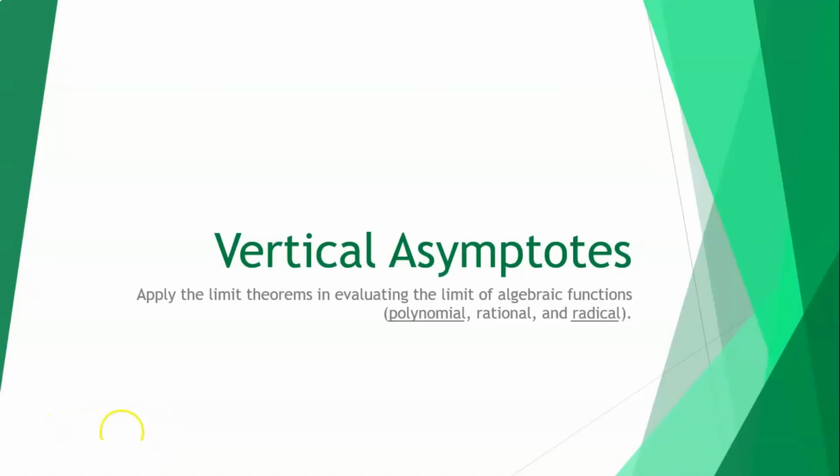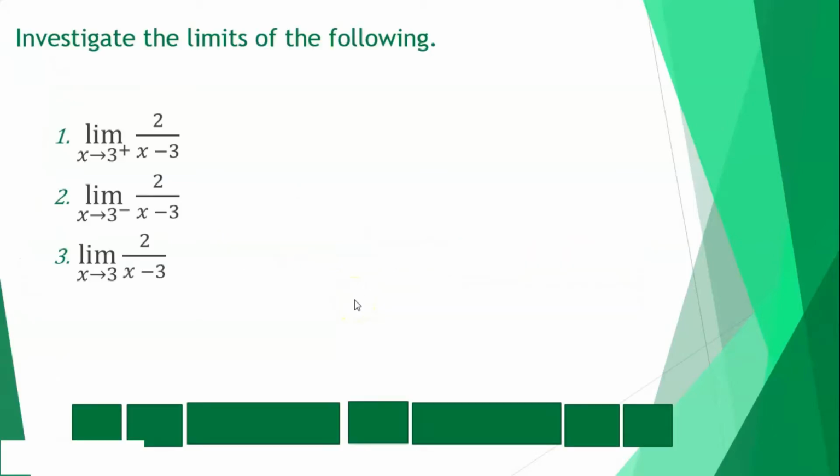Hello everyone, in this video we will learn all about limits at infinity. To begin with, let's review vertical asymptotes. Now, given this, what's the limit of 2 over x minus 3 as x approaches 3 from the right and